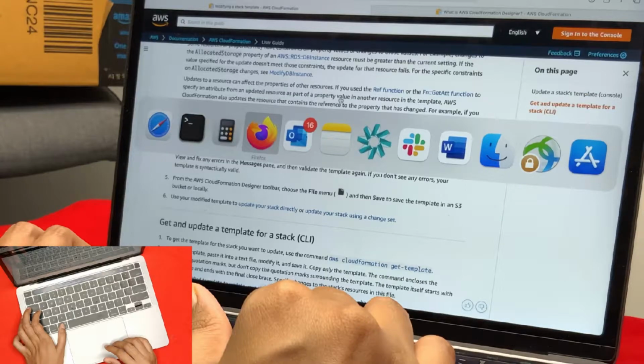But on Mac, first you'll have to switch to the Safari app, and then you'll have to toggle between all the windows of the Safari, and then you land on the required window. Now, some people might prefer it the Windows way, some people might prefer it the Mac way. I personally still prefer it the Mac way.